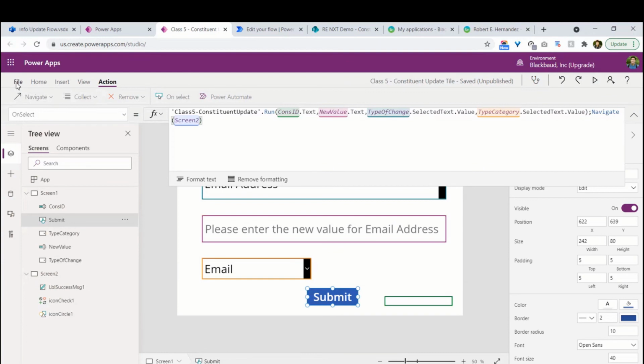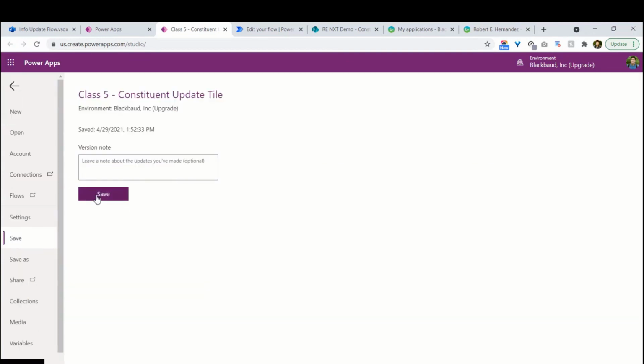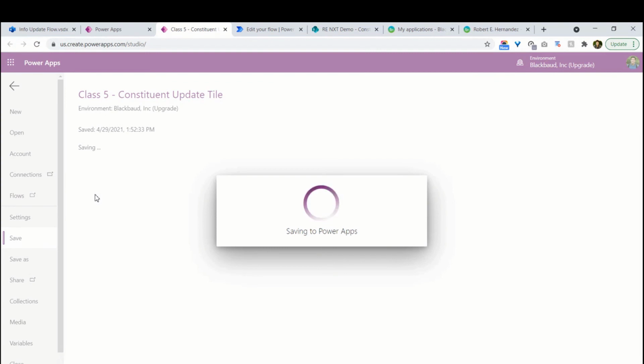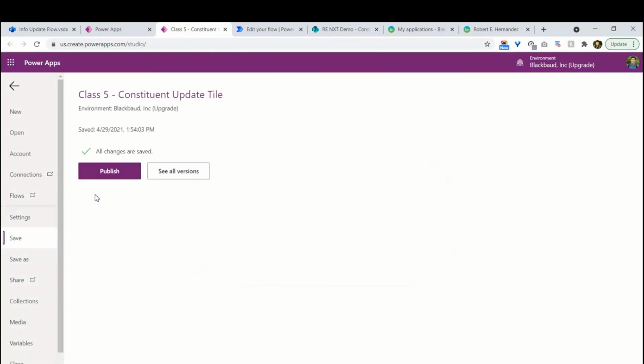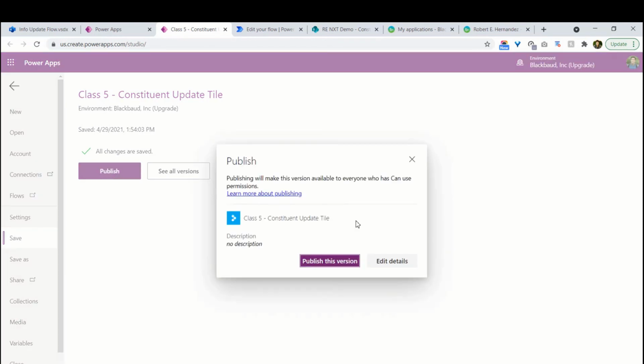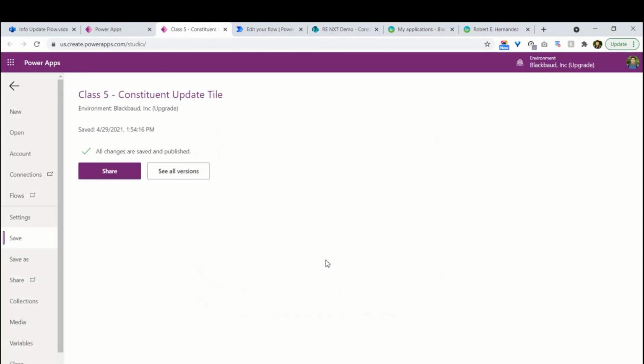Again, I'm going to go back to File at this point. It says it's saved, but I'm going to save it again. And then I'm going to make sure that I publish this version, which basically sends it out, cascades it to Razor's Edge and anywhere else that this app is being used. So I'll hit publish, publish this version, says it's been saved and published. And so now,